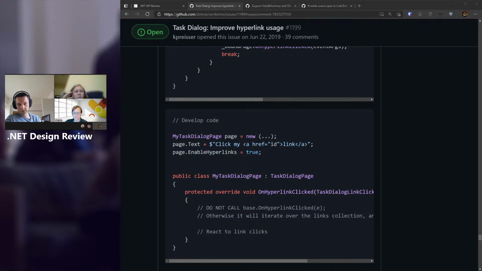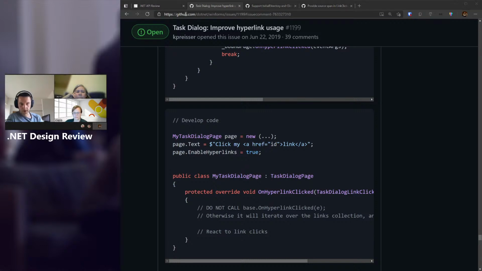We don't know, but there may be users who want to do it, say, the hard way. Yeah. The thing is, if you don't use our task dialog link object to generate links, there would be no way for you to intercept a click event, and that feels sort of like an arbitrary constraint. So what happens when you do it with buttons?